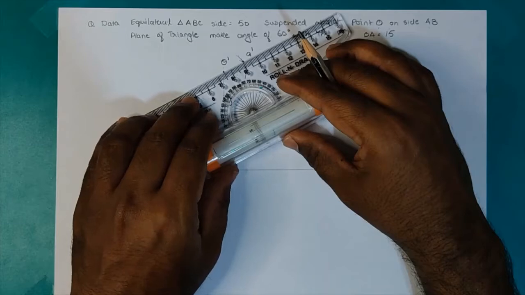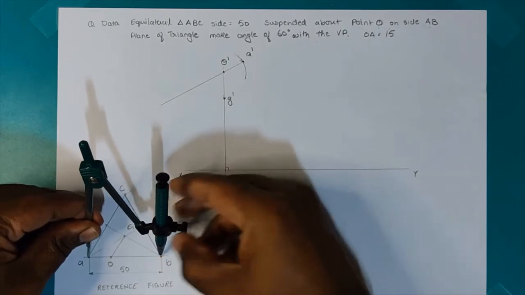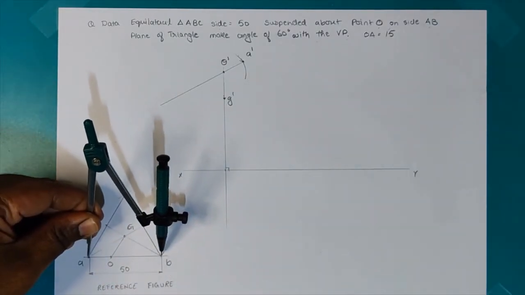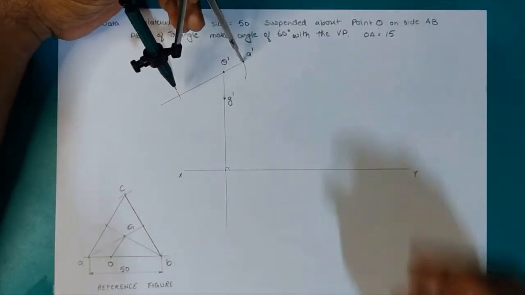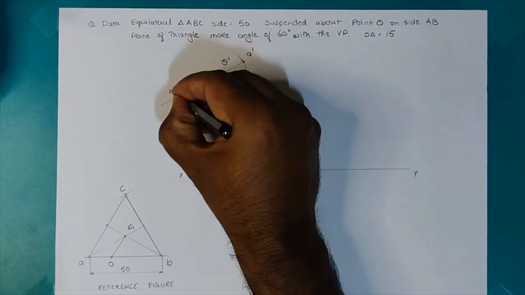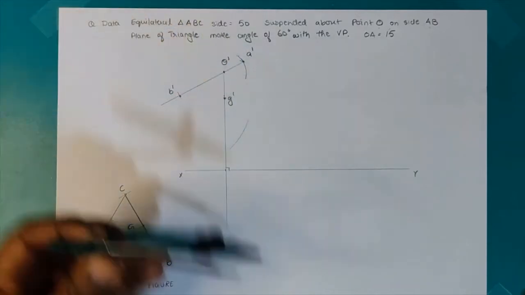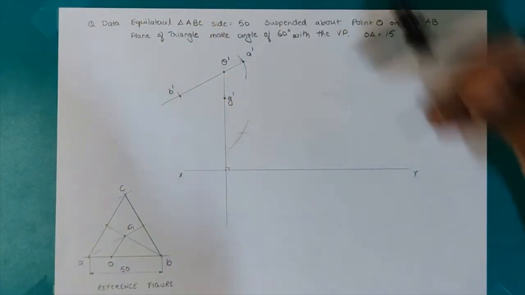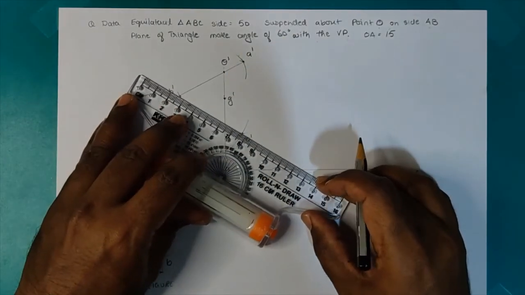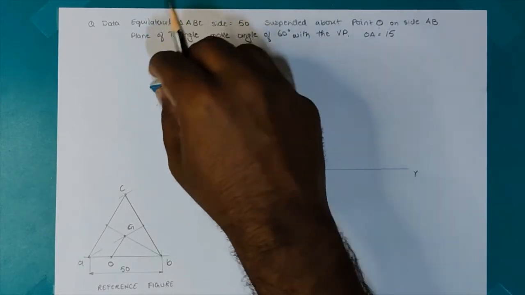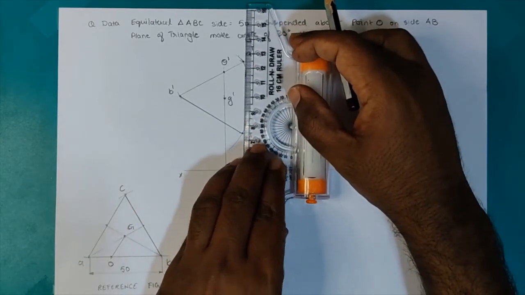I join A dash with O dash and extend it to find the point B. So B is at a distance of 50 mm. So I take 50 mm on the compass, draw an arc and find the position of B dash. Now I'll draw the equilateral triangle by drawing arcs through A and B, and I'll find point C dash. Dash notation for front view. So I'll complete the triangle by dark lines